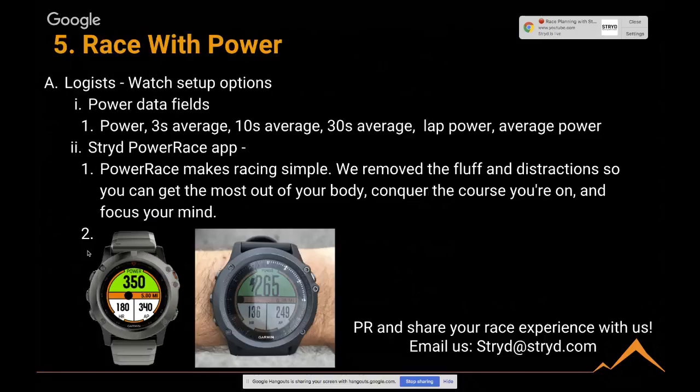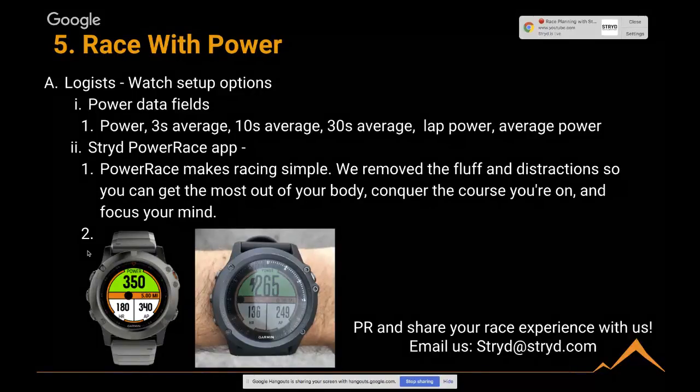So moving on to the final point, and this is racing with power. This comes down to the actual logistics of how you should race with power. How should you use that power on race day? We have a few options here. If you own a Garmin watch, a Suunto watch, or a Polar watch, you're going to have access to these power data fields: real-time power, 3-second average power, 10-second average, and then you can see the rest of the options here. And one of the common questions we get